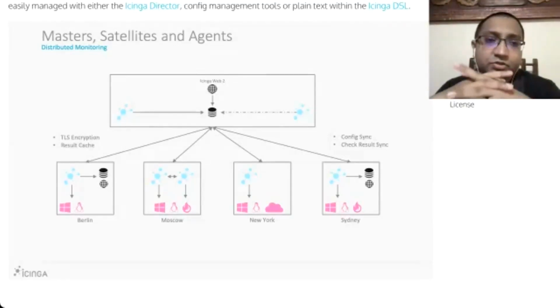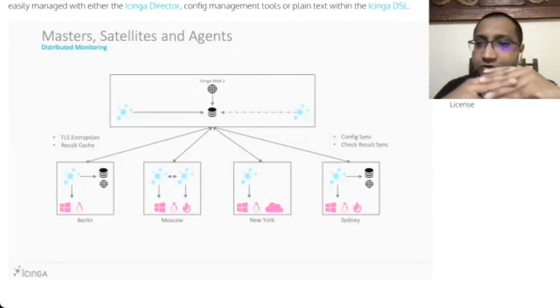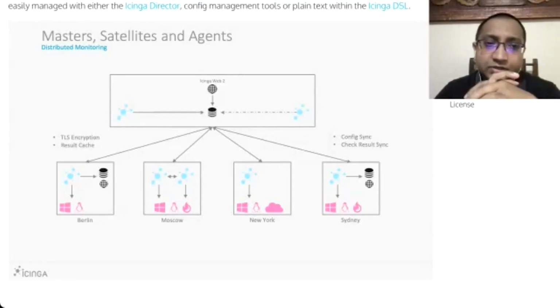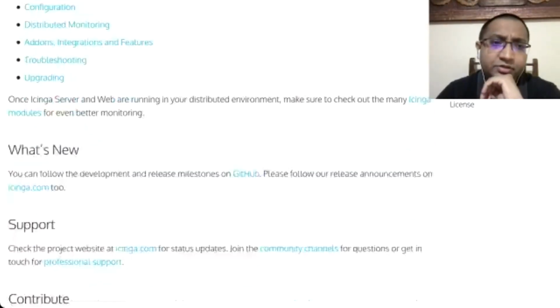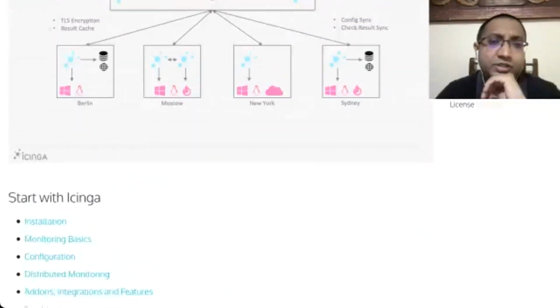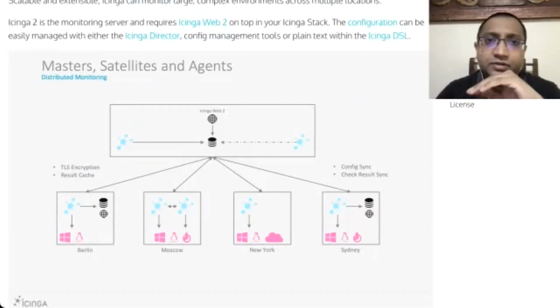For agents, you install the agent on different operating systems. Basically, you can do Windows testing and you can do Linux testing with Icinga. So that is what these three concepts do. You can later read this documentation and see how this works. If you go back to the guide,